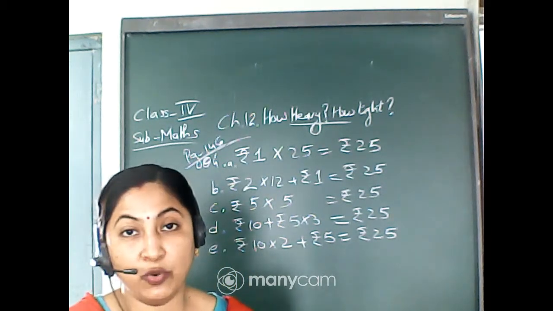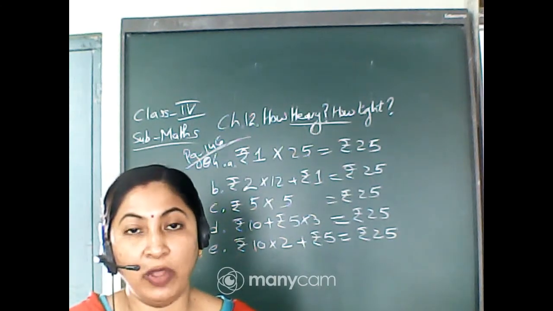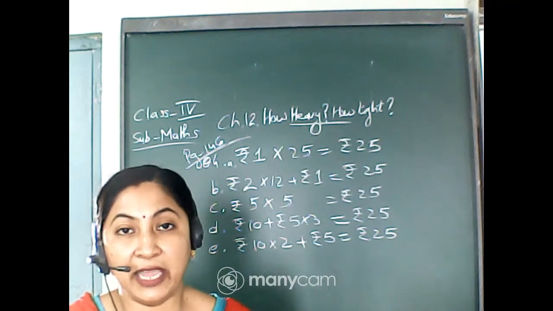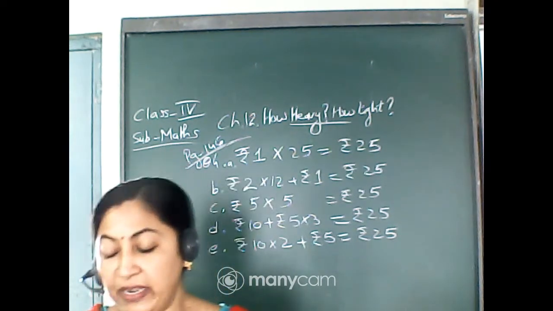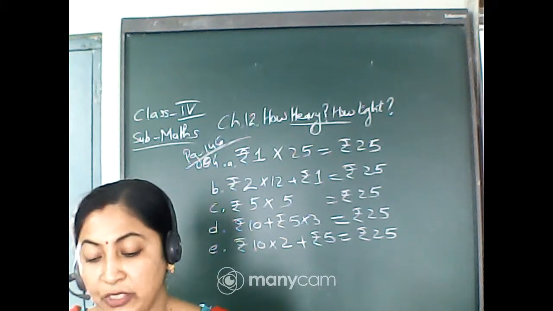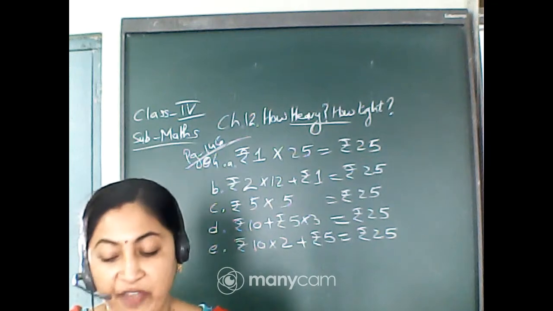Now see, there is one story given about the frog and the crow. The frog was in the mouth of the crow and he wanted to escape from that. So he thought of a trick. He asked, can you answer me a question? Your weight is 650 gram and I am only 145 gram. How much do we weigh together? Now he wants to know what our weight is together.